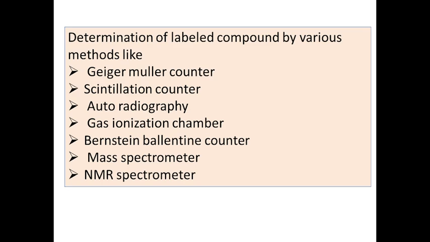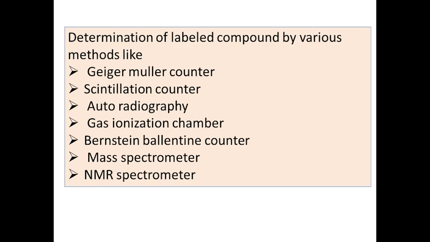When radioactive isotopes are used in medical research work, care should be taken that the amount of radioactive material used should be as little as possible. In order to achieve this, very sensitive instruments are necessary to measure the radioactive activity of the material. So first one is Geiger-Müller counter, which will detect and measure the particles in the ionized gases.